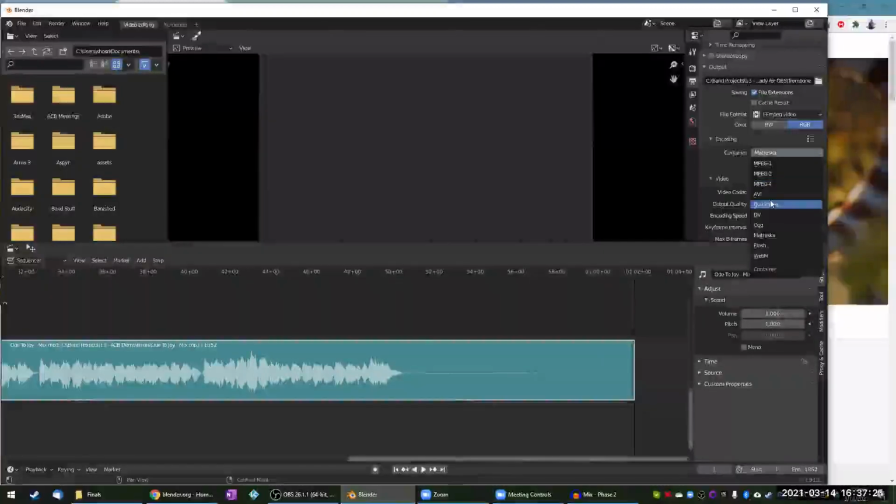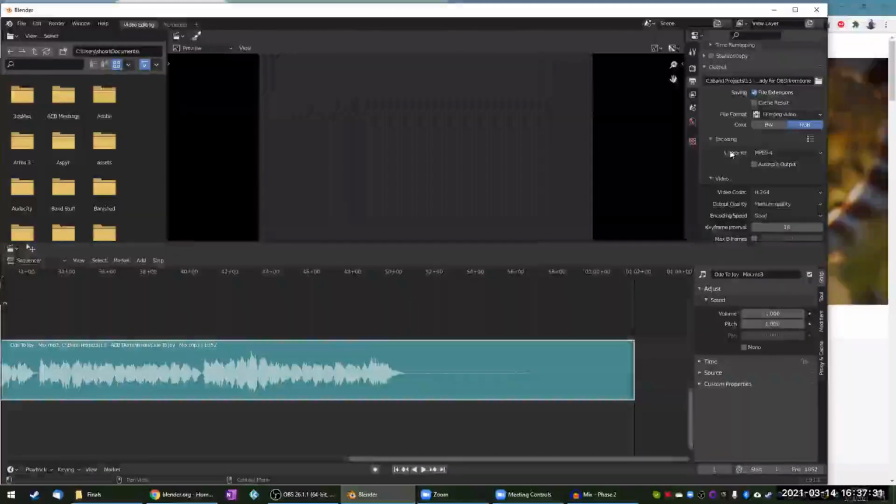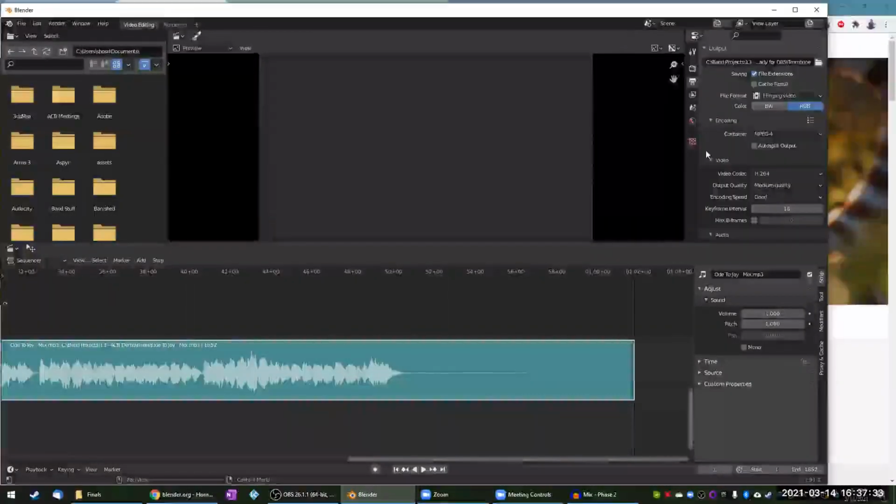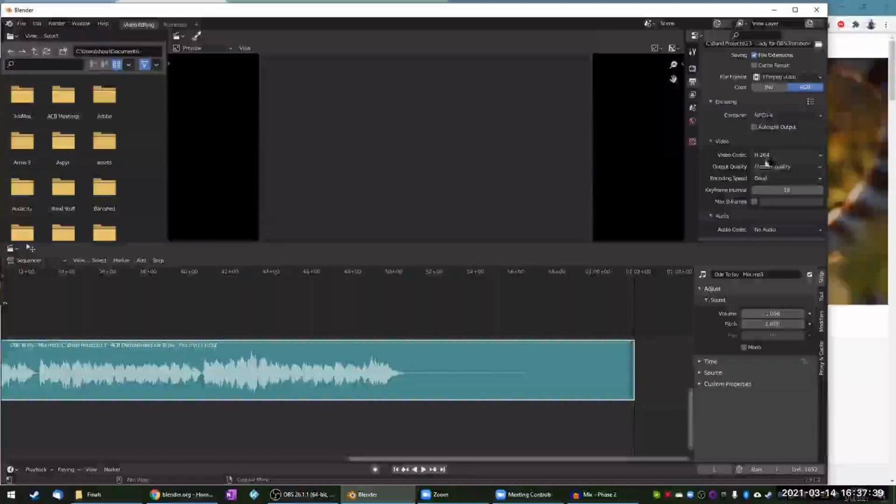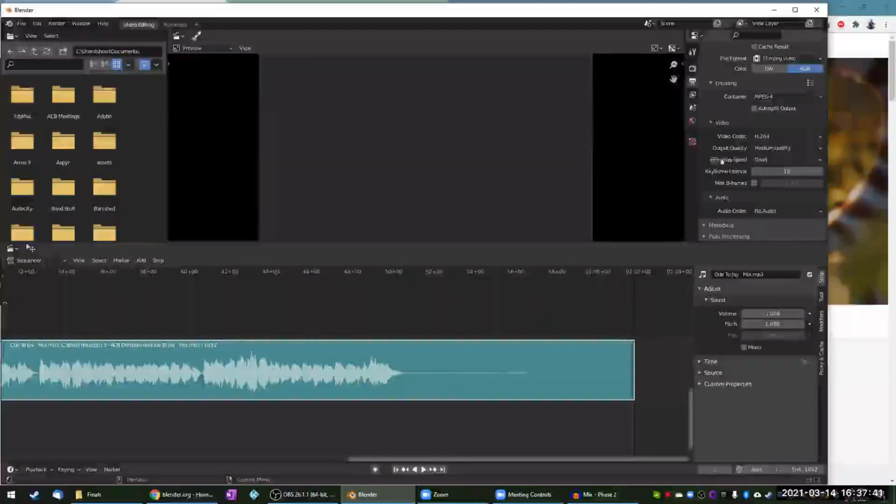But if you prefer to work in QuickTime, Blender can do QuickTime. It can do raw AVI. But the MPEG-4 seems to work just fine, and it gives a nice small file size for decent quality. I don't tend to mess with any of the rest of these settings, but you certainly can depending on what you're going for. Or if you read some tutorials on how to get a specific look, you can go through that. And then down here under audio, for now, we don't want any audio for these videos. It just takes up file size for audio that we're not going to use.